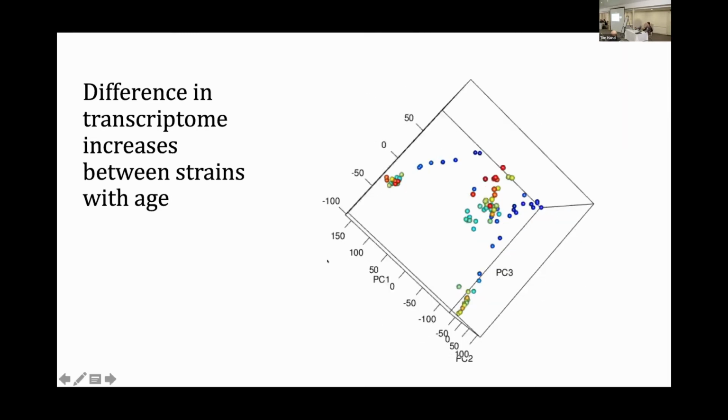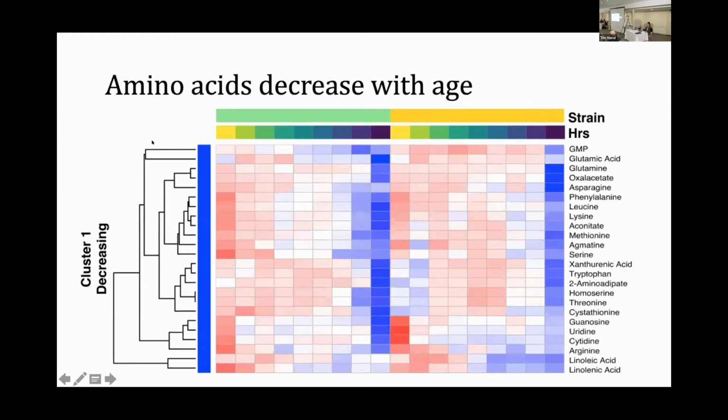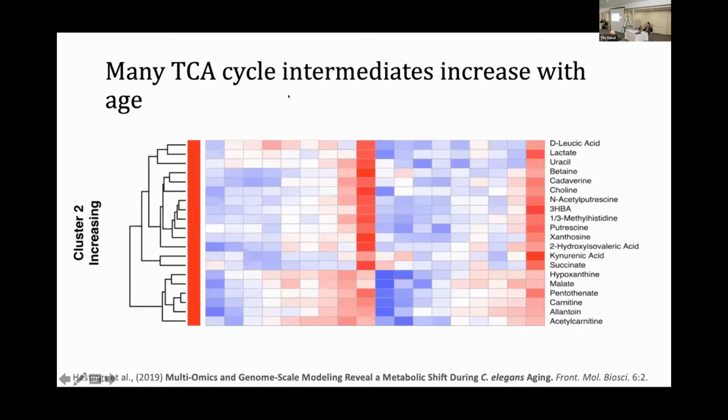And this is really interesting because in the metabolism, we saw exactly the opposite. So mostly the changes happen towards the end of the aging process. And some of the changes that we observed, so amino acids tended to decrease with age. You can see that because in this plot, the blue on the right-hand side, there's 2 strains, and decreases are shown as blue, while TCA cycle intermediates increase with age, so red is increasing.